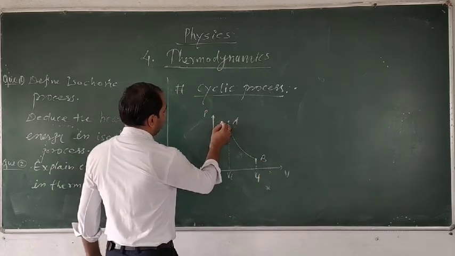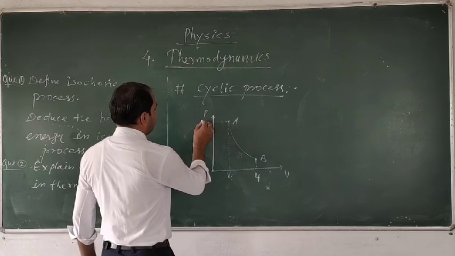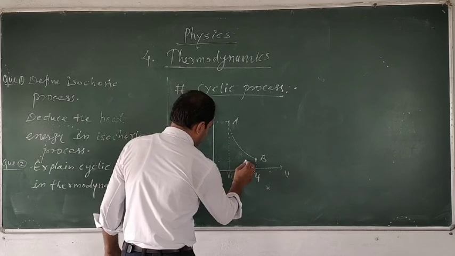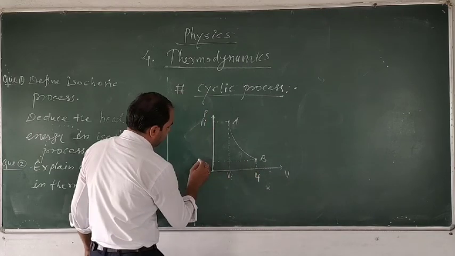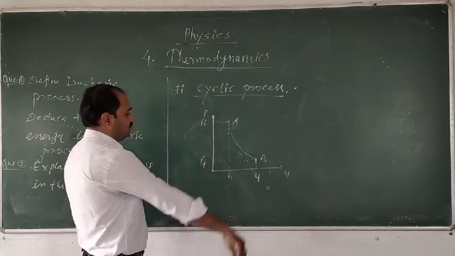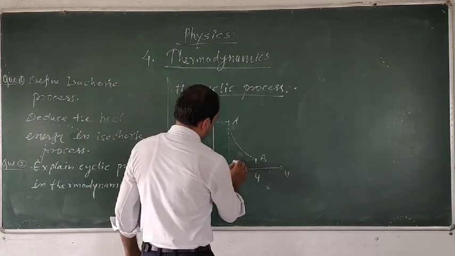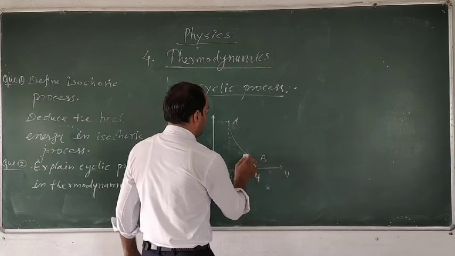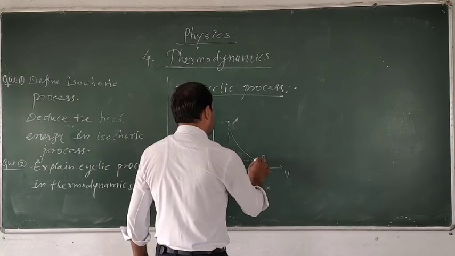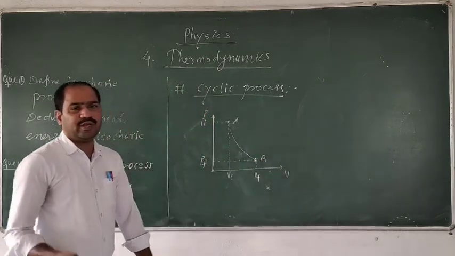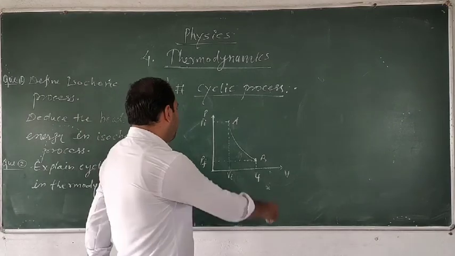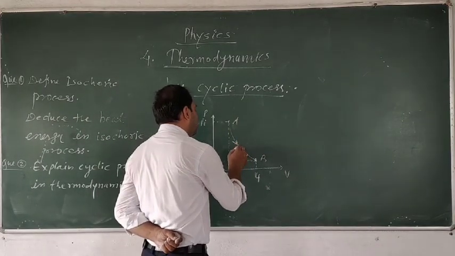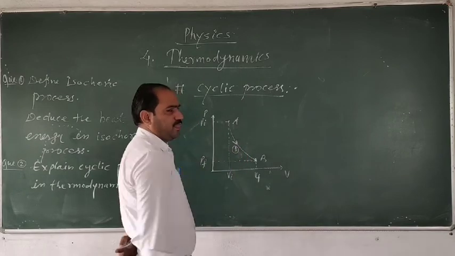At the initial point A, the pressure is, suppose, Pi, and at the point B, the pressure of the gas is denoted by Pf. So here, this is the isothermal. What will happen here? The system is going to undergo change. Mark the part A to B. So this is the first part of the change.